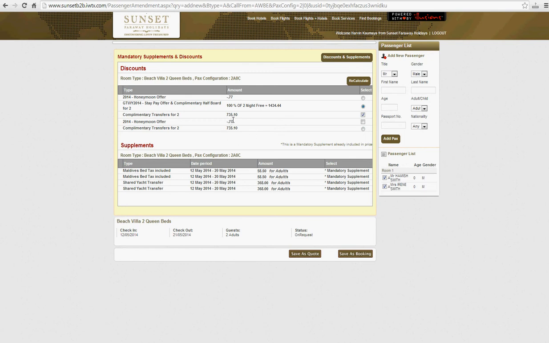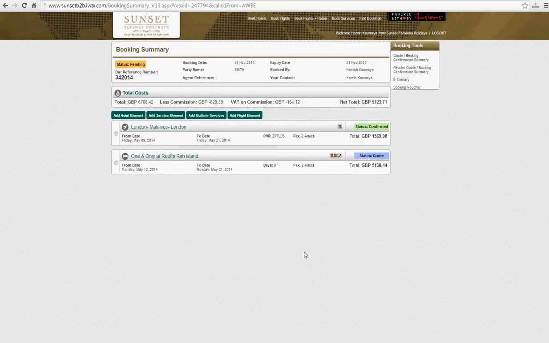On this occasion, you'll see that the offer that's been used is to a total saving of 1434 plus 735. So the honeymoon offer in this scenario probably wouldn't be the one to go for, and therefore should you want to save it as booking, you could do so, or once again if you save as quote, you can do that here, and that's what I'll do in this particular scenario, and you'll see that adds the booking to your